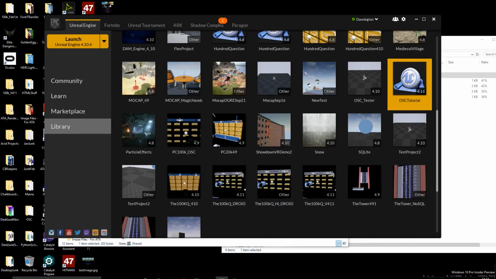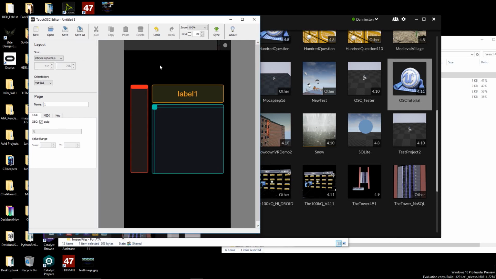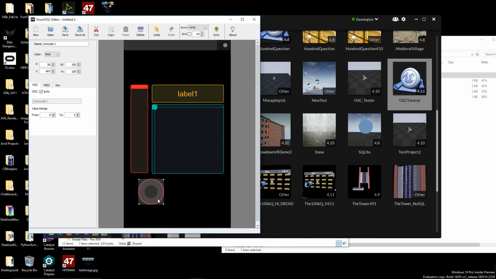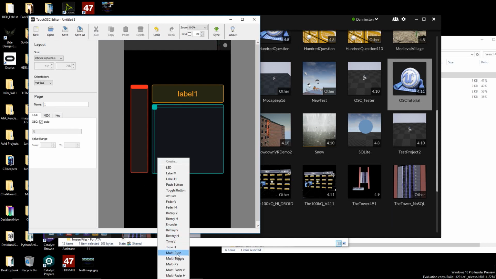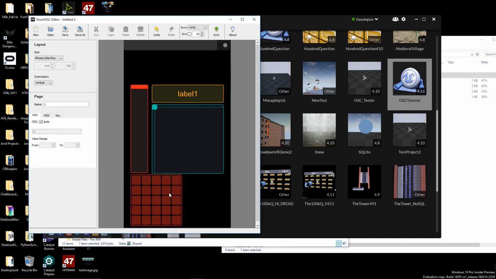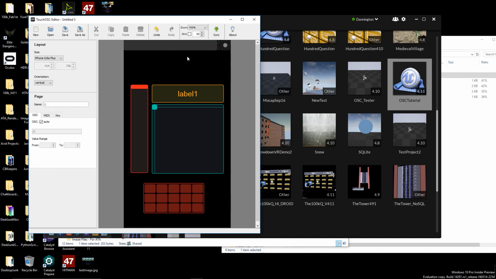So let's close this. I've got my Touch OSC editor here. Like I say, this is a brilliant thing. It's set up for my iPhone. There are loads of things here, like a rotary encoder. You can have push buttons like this. Say how many rows and columns you want, and each one will generate its own data when you press it,